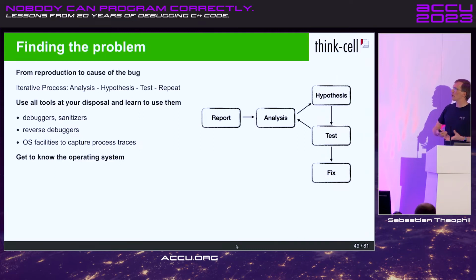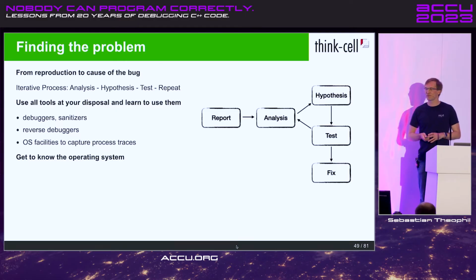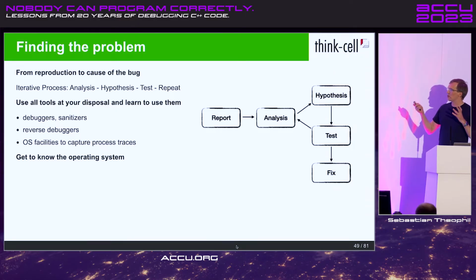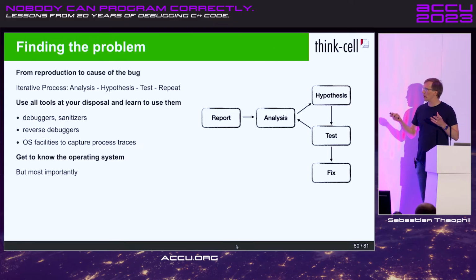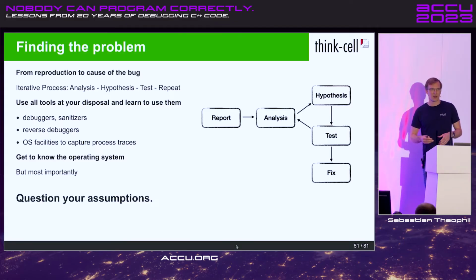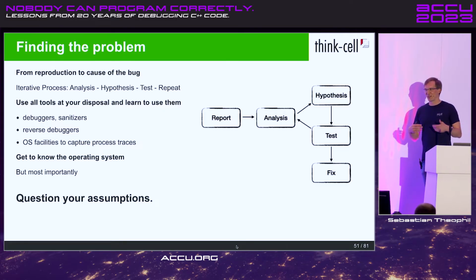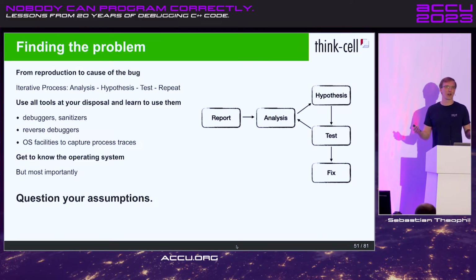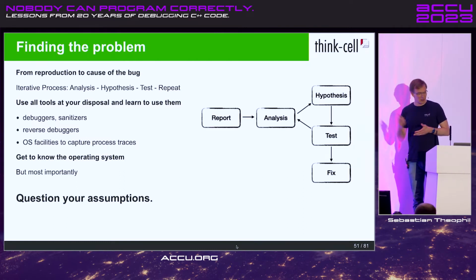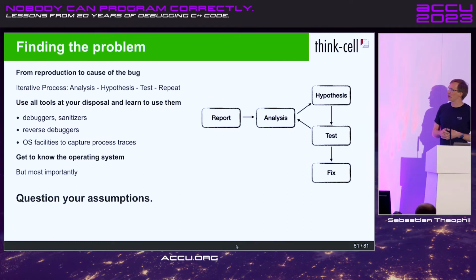But the most important technique, without which debugging becomes a very hard undertaking, is that you have to be able to question your own assumptions. Because you know there's a bug. You've seen that. So something you thought was correct, or something you didn't think about at all, was clearly wrong. So now you have to find out what part it was. And if you always think you thought correctly, then it's going to be pretty hard to find that bug. So that's the most important debugging technique, I think.